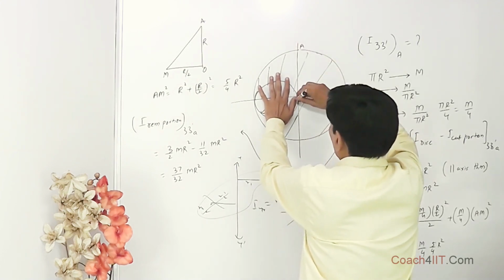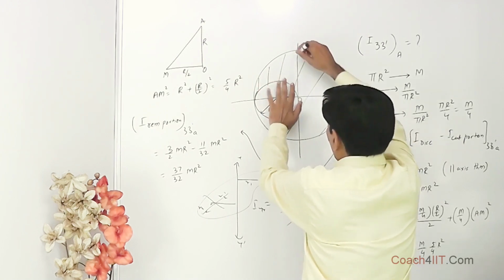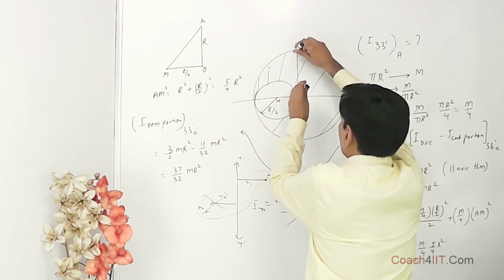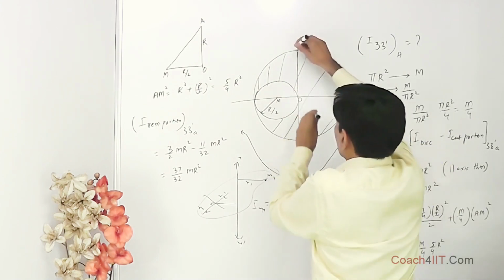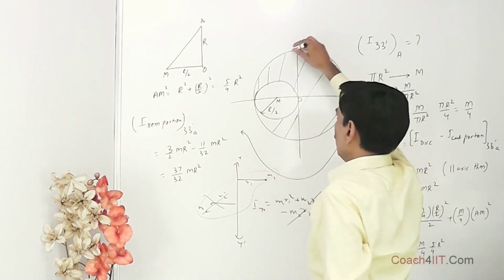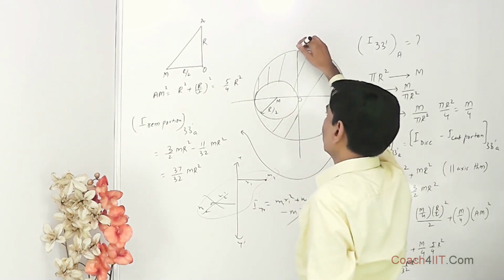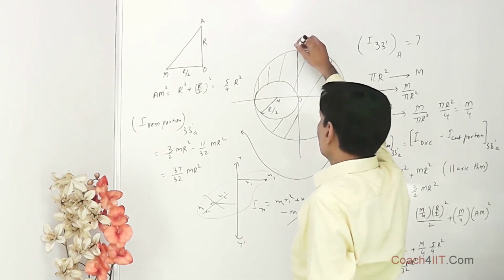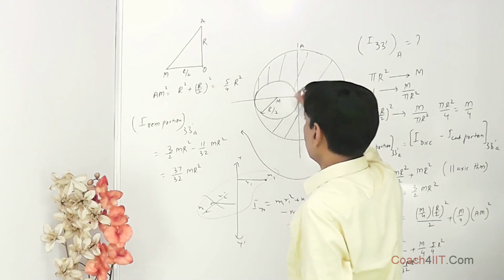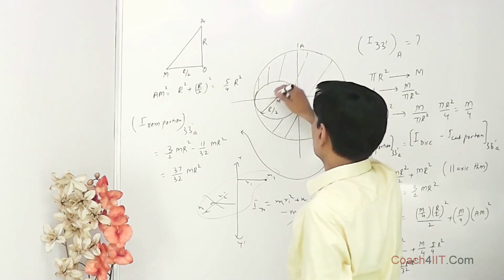About this we know m r square by 2 plus, these two axes are parallel to each other, so we know m r square by 2 plus m into x square. What is x? x is r. So we can find the moment of inertia of this whole disk of mass m and radius r about this axis. Then we subtract the moment of inertia of this portion which has been cut,